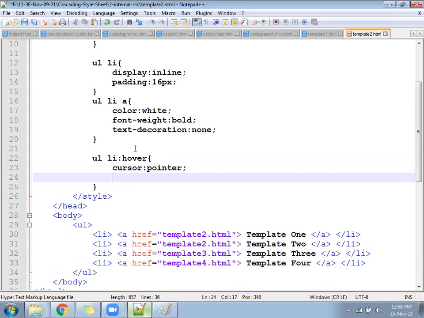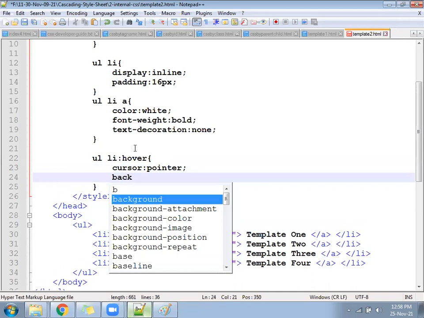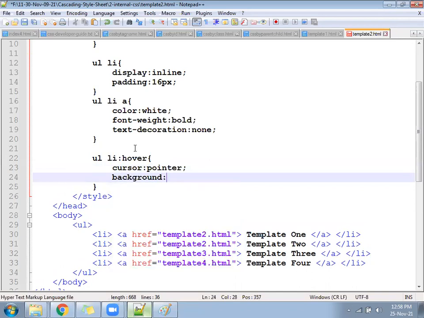After that, background of the li should convert into some different color, orange color. Check now again. When the cursor touches the li, the cursor will convert into pointer and the background will convert into orange color.